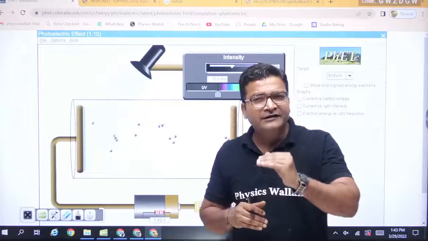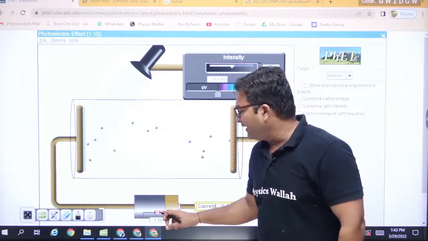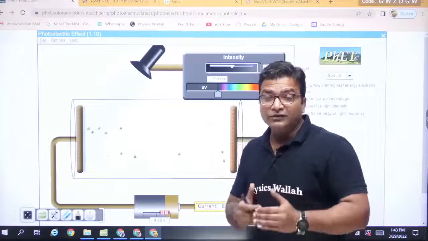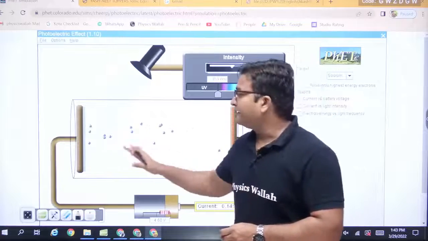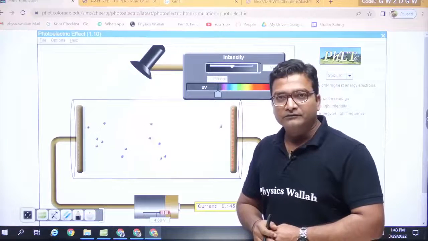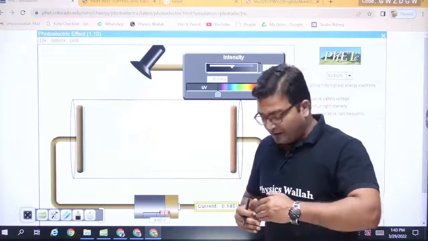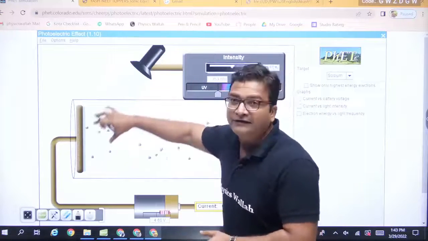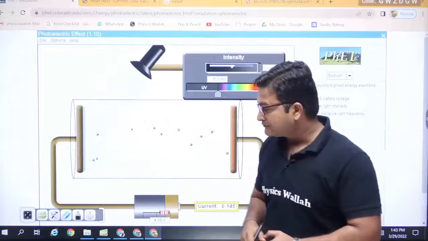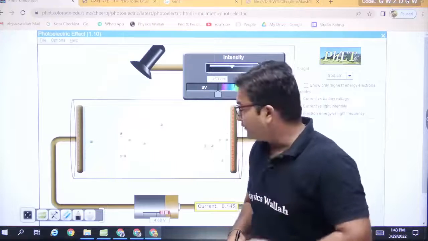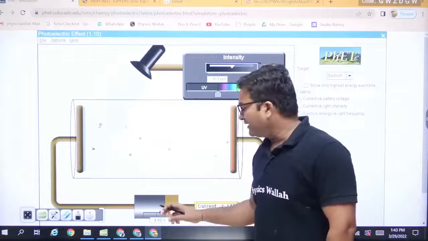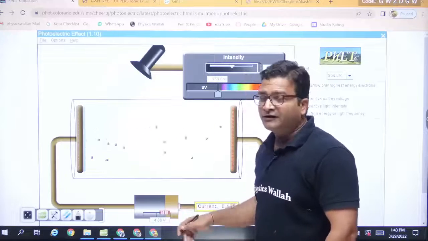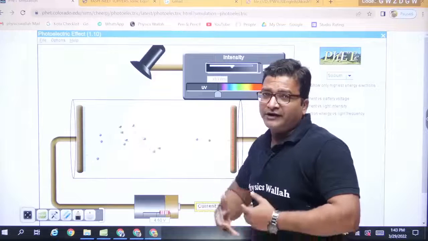So the photocurrent increases a little when you make it positive, but if you make it further positive, there is no change in current. There is no change in current because all electrons are reaching anode. And if all electrons are reaching anode, now the current cannot increase because the number of electrons being emitted is fixed. They are fixed by the light falling on cathode. So you see this point. If you make the anode a little positive, the current increases a little and then it becomes flat, because if you increase potential further, as all electrons are reaching anode, current cannot increase.